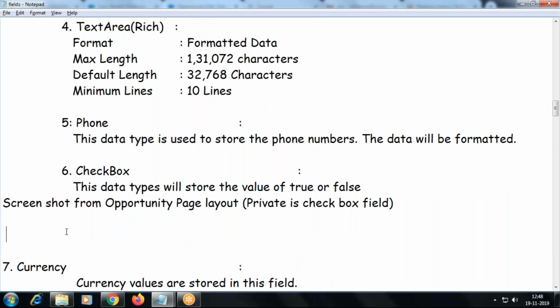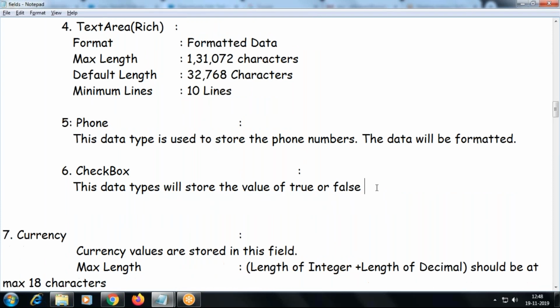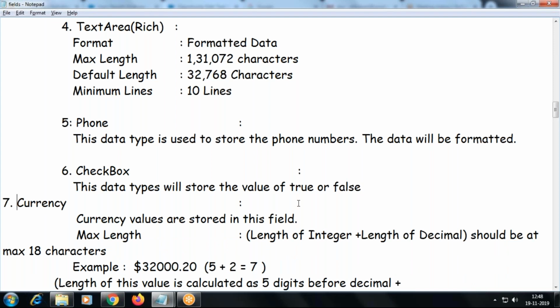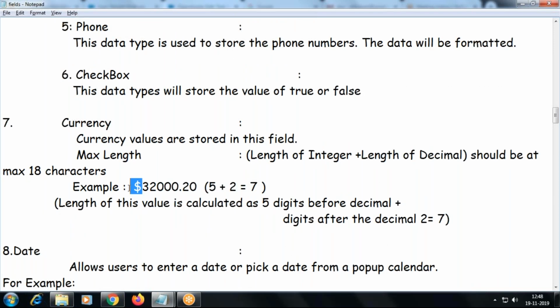And checkbox is a Boolean type, true or false. Currency is prefixed with a dollar. Here you decide the maximum number of digits, only 18 digits including the decimal.